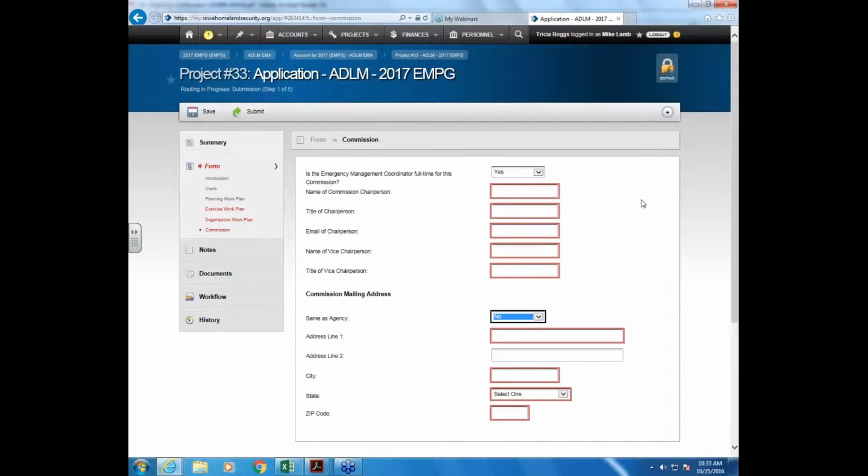So after you have done and worked through all the forms that are required, and here in this webinar we haven't made sure that everything is complete, so there are still red areas, so we wouldn't be able to submit at this point. The key to this application is that you need to upload all those documents that we talked about. So from this page, after you have saved, you can click Documents,